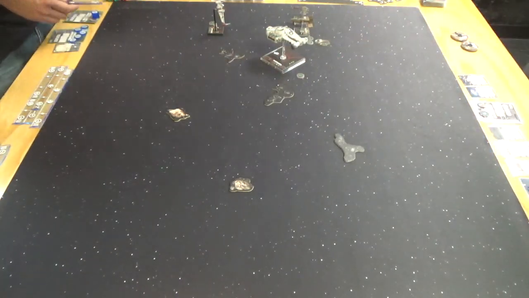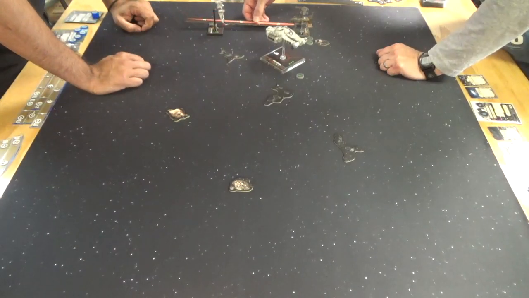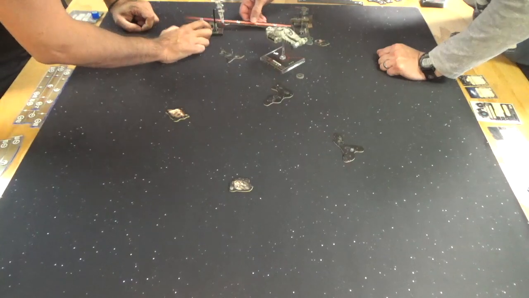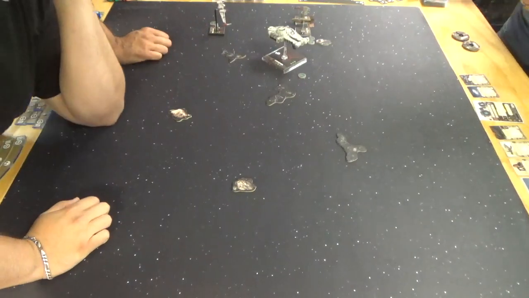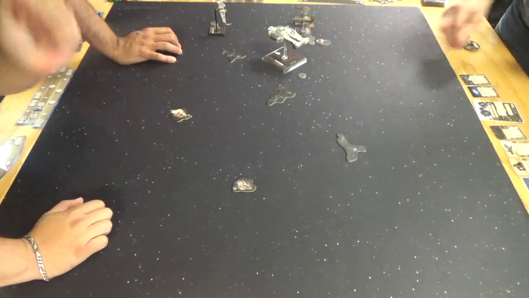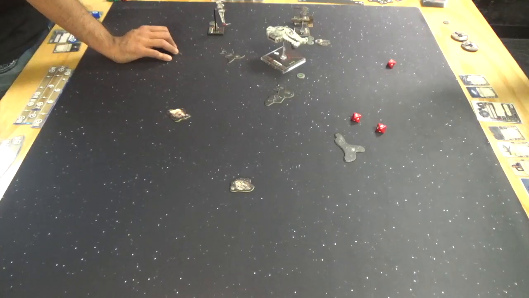Alright, unfortunately for Billy, Torkil Mux's pilot ability is any enemies within range 1 to 2 have their pilot ability go to 0. So that means Scum are going to be shooting first. Here comes the...